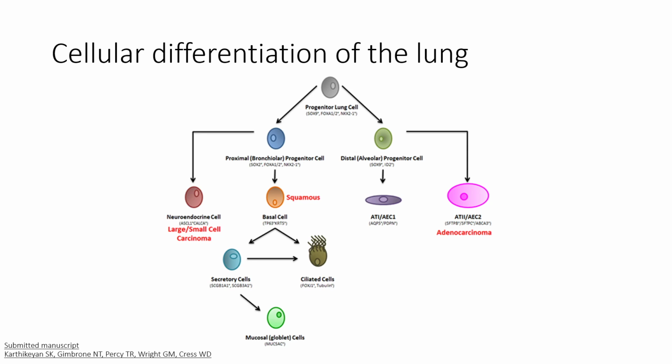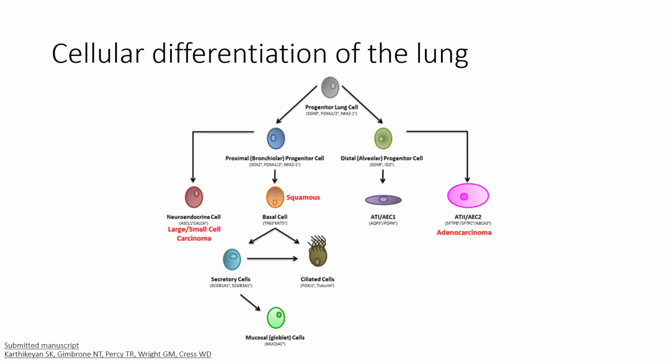a neuroendocrine cell. Those are going to be the cells that basically take messages and send messages. They're going to be ASCL1 and CALCA positive, and then you can also get the basal cell, which is TP63 and KRT5 positive. Now, the red text here is going to say what type of cancers these cells can give rise to. So the neuroendocrine cell can give rise to large and small cell carcinoma, and basal cells can give rise to